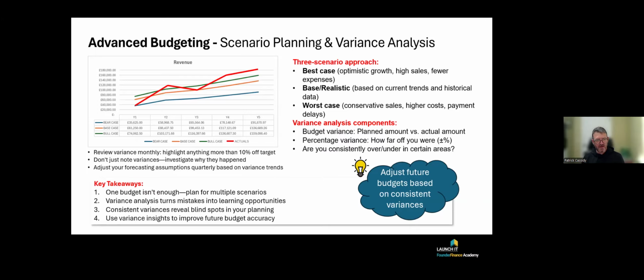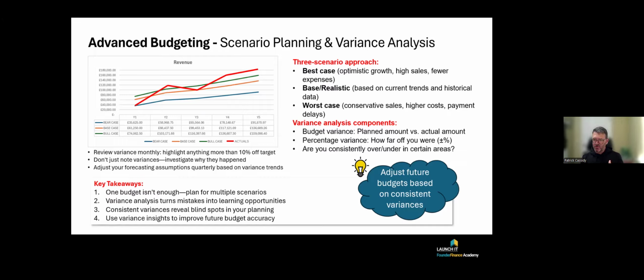As I said as well, once you've done a model and you understand what the outlook looks like for the future, once the actuals start to land, then you would look at what we call variance analysis, which is what did I think was going to happen and what actually happened, and what are the differences? And do I really understand what's going on with my business? And do I understand why there was a variance?